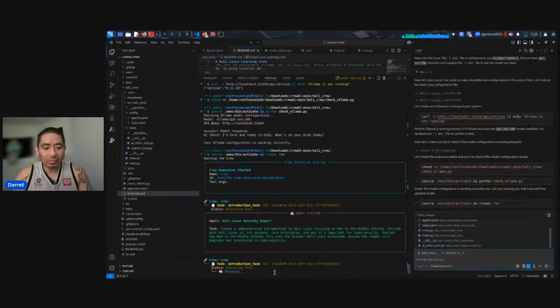So it's still thinking. What CrewAI is going to do, or the process, is take those three crews and collaborate with each other and be able to have a main output based upon their collaboration. And we're going to see the dialogue between the three crews on what they're actually thinking and what they're sharing with each other.